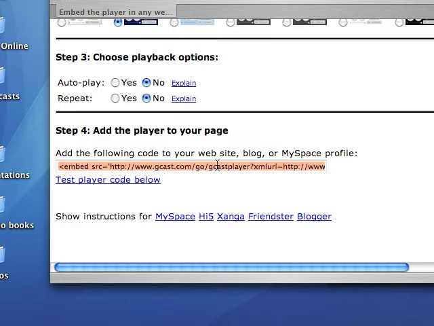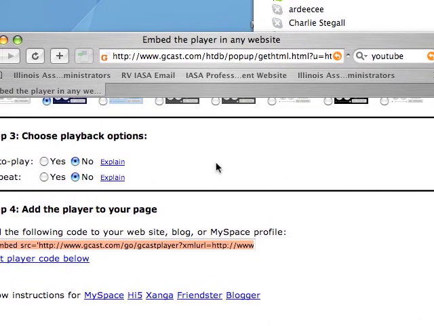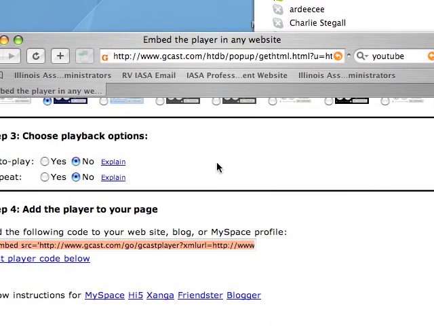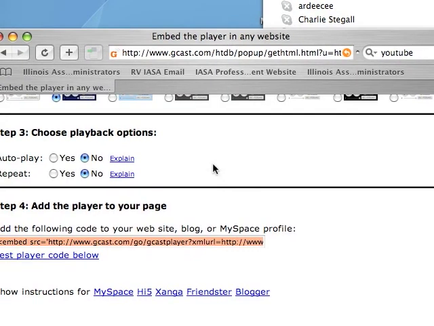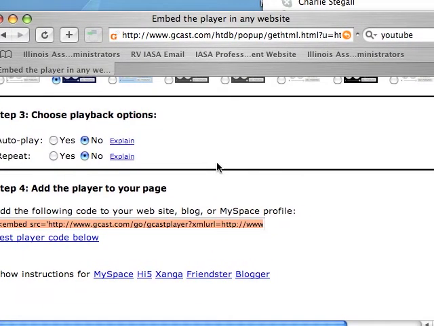Later on today, when I give you permission for the Ning, I'm going to show you how to put it on. I'm going to give you a page within my Ning, and then you'll be able to embed this just as practice to show you how you can do it and embed the code into your Ning. So that pretty much explains how you embed this code onto your website.